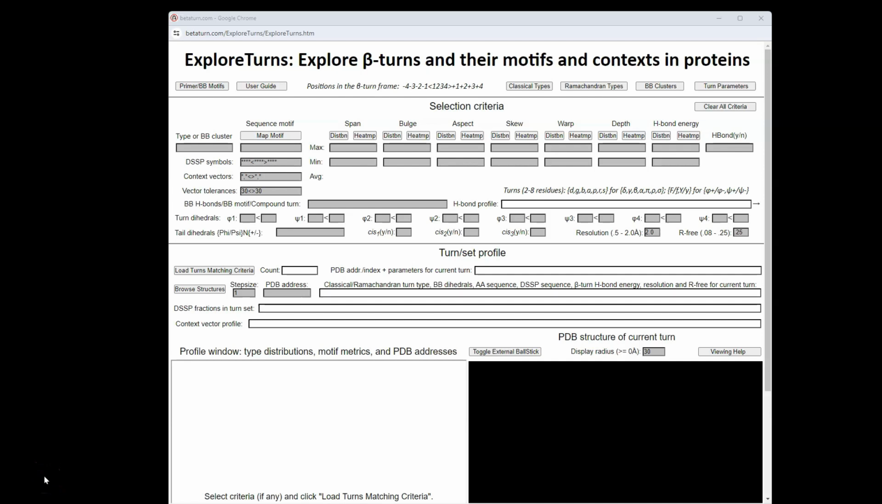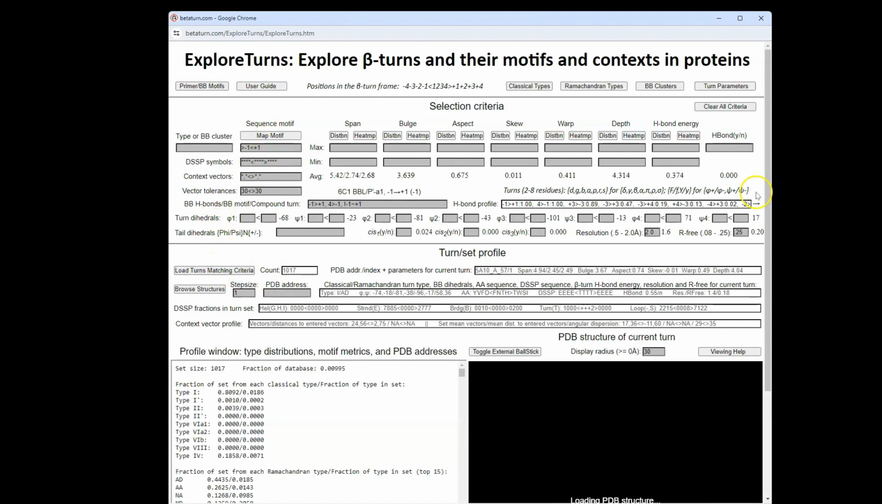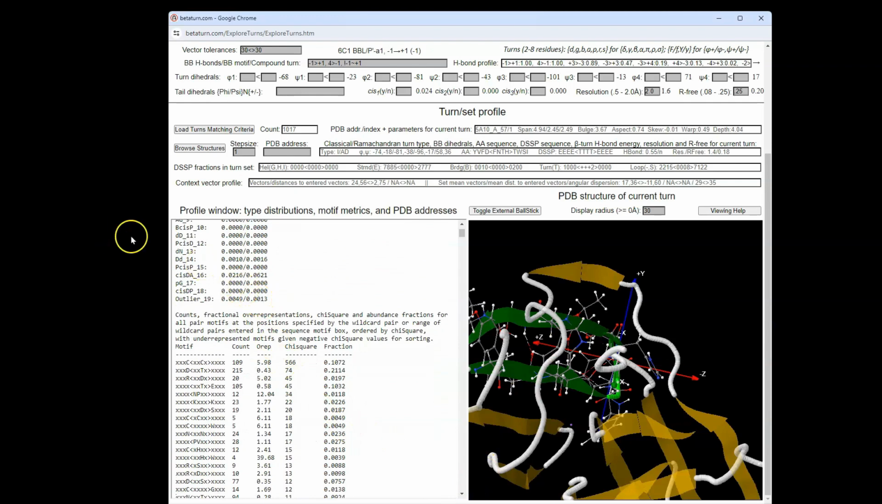To identify the most important sequence motifs that occur in a particular backbone context, such as a hydrogen-bonded loop, we can use the motif finding features of Explore Turns, a tool also available at betaturn.com. For example, if we want to find and map the important pair motifs that occur in the type 2 or 6C1 beta bulge loop, we load the motif in the tool and enter the wildcard motif string that ranks all pair motifs at the positions the loop occupies. We then copy the most significant motif, which is a cysteine pair, into the sequence motif box and open its